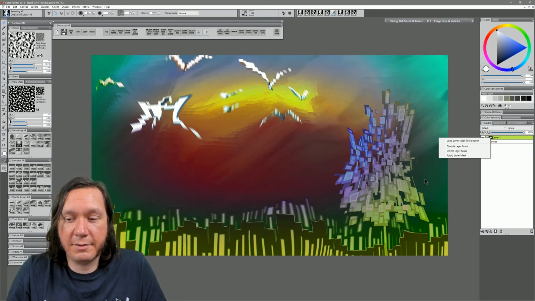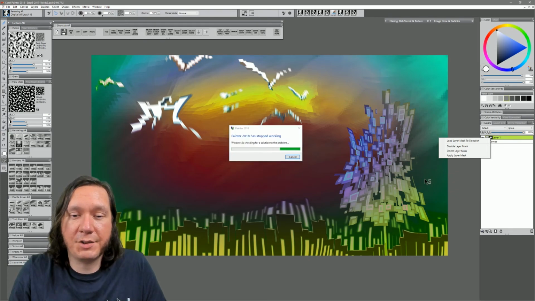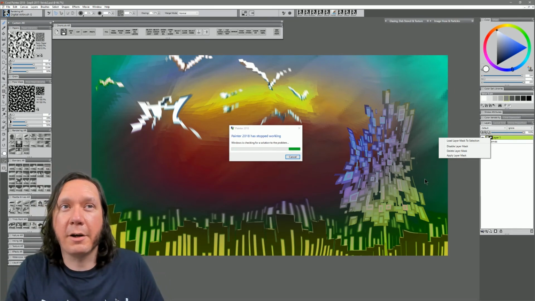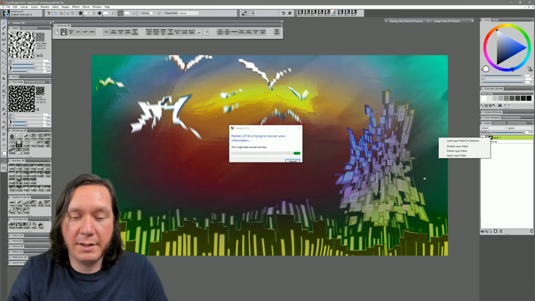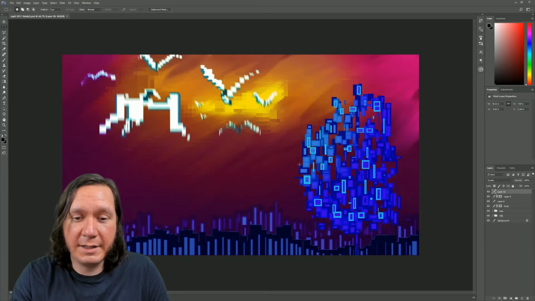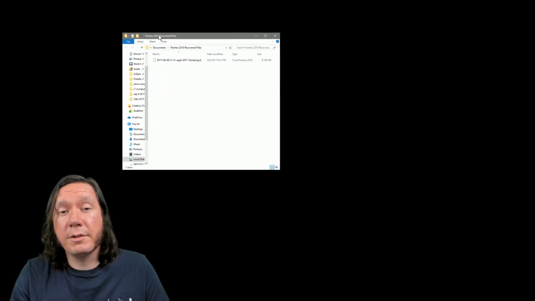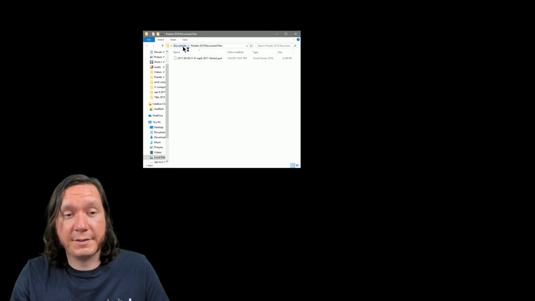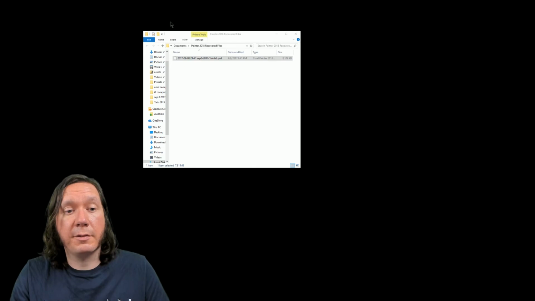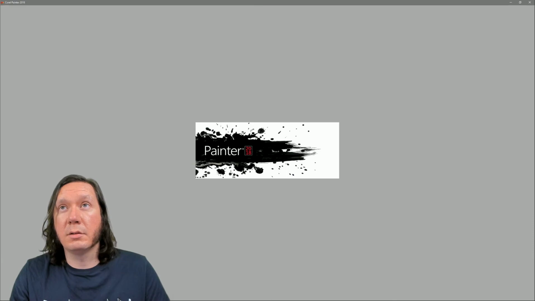Doesn't happen that often, but occasionally when you're working with complex masks, Corel Painter will crash. Now, one of the things I like about Corel Painter when it crashes is that 90-something% of the time you can recover your file. So what you want to do is search your computer for Corel Painter recovered files. That's found in Documents in Windows. And if you just open that file in Painter,